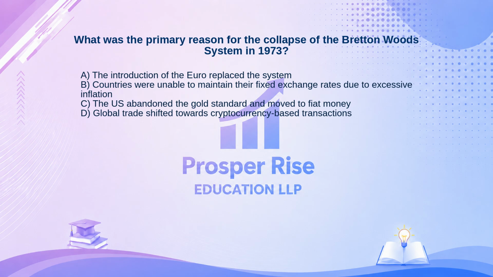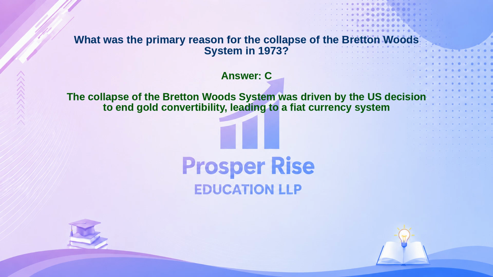Take a moment to pause the video and decide. The correct answer is option C. Let's see why. The collapse of the Bretton Woods system was driven by the US decision to end gold convertibility, leading to a